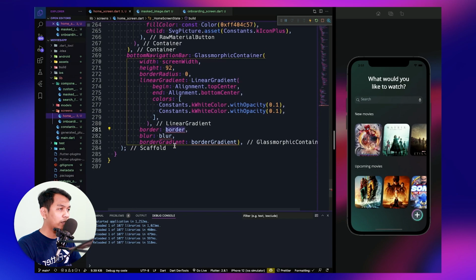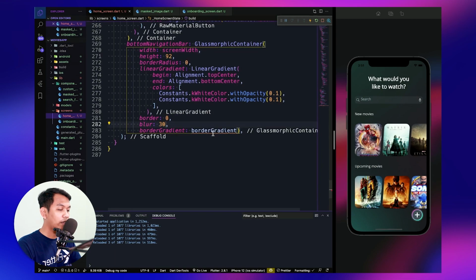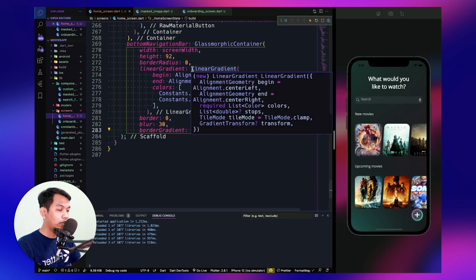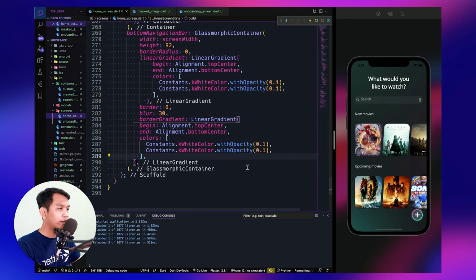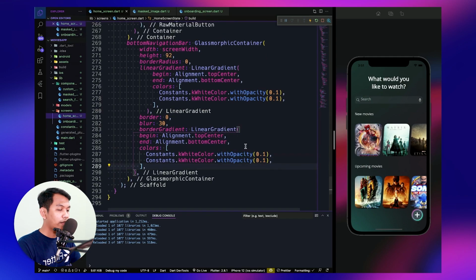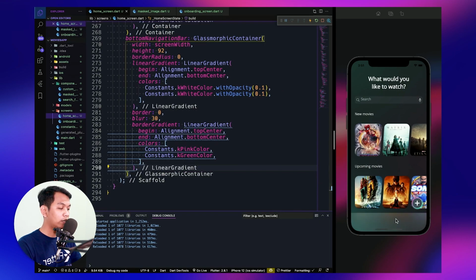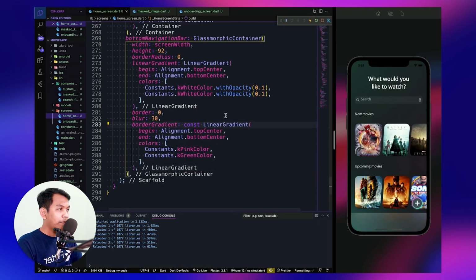And for the border 0, blur is 30, and border gradient we will need to copy this, paste here. And border gradient we will say like pink color, and this is what we need to say green color, look like this. So we have this, and inside our glass more big container we will have child.